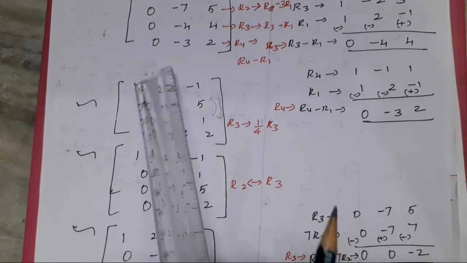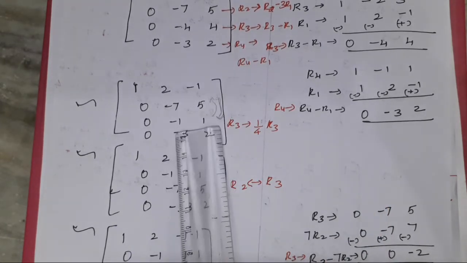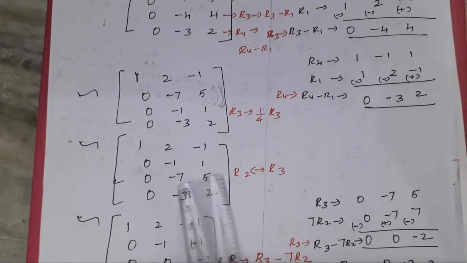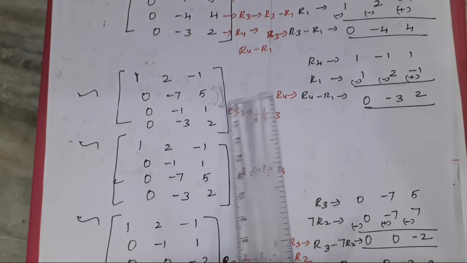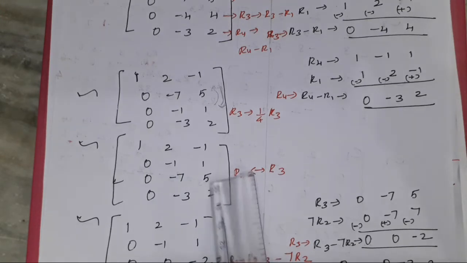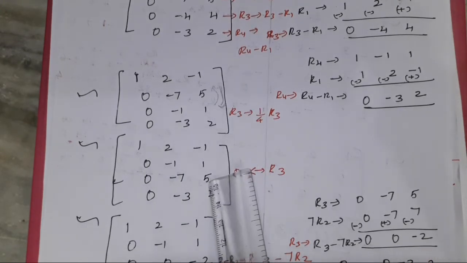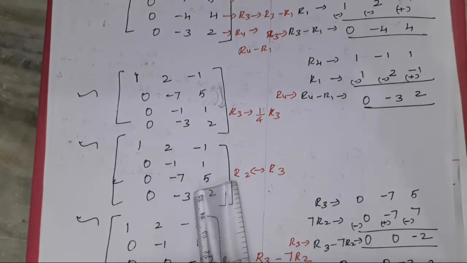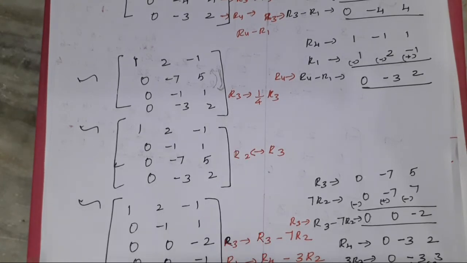So first step we completed here. This step is divide by 4. You come to the next step, and this is a very big sum. Listen carefully. Next, divide by minus 4, we get minus 1. Next, interchange. Interchange means 0 minus 1 1. The R3 goes to which place? R2. R2 goes to the R3 place. Just interchange. Now, because here we have minus 1, we can easily do the calculation. Because of that, it is convenient, so we just interchange that.